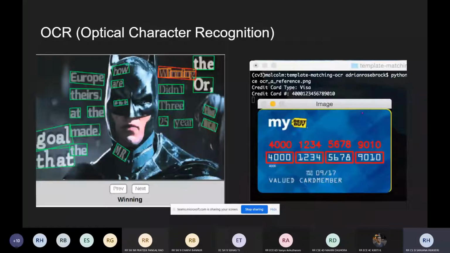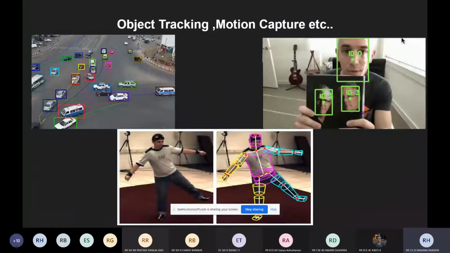Today we use something known as Tesseract OCR, which is by Google, to do this, and it has a wide variety of applications. So next we have tracking and motion capture, as you can see here.